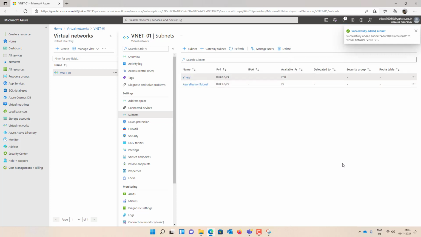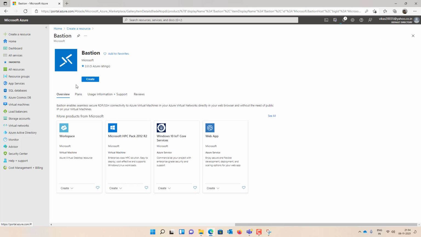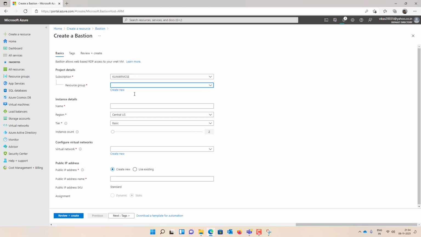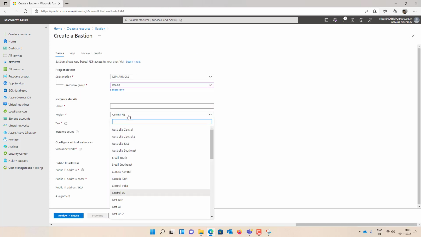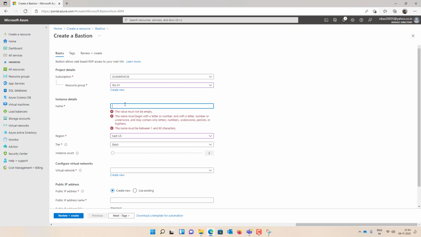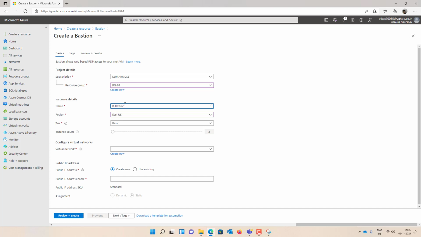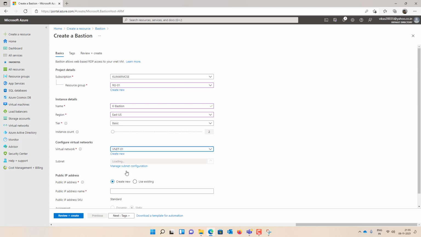Once VNet is ready, I'm going to deploy. Search with the service option called Bastion. So Bastion, existing resource group, your region, your name of the service. My name is Kumar, so Kumar Bastion. So pricing tier, I'm doing with the basic right now, existing network.